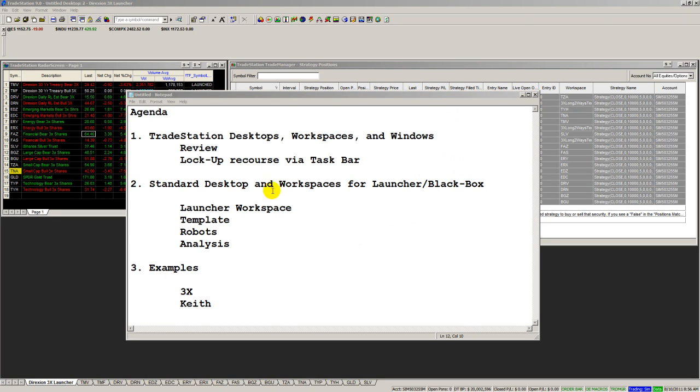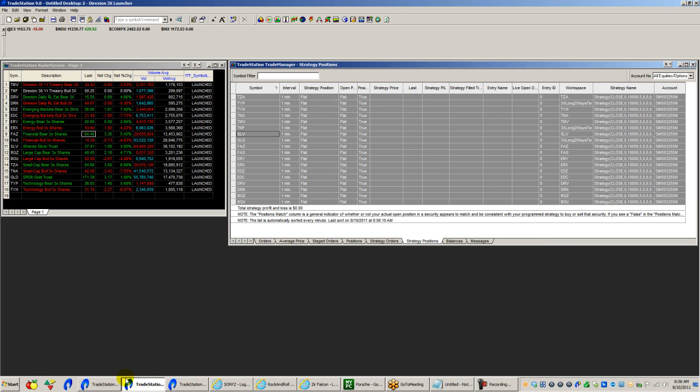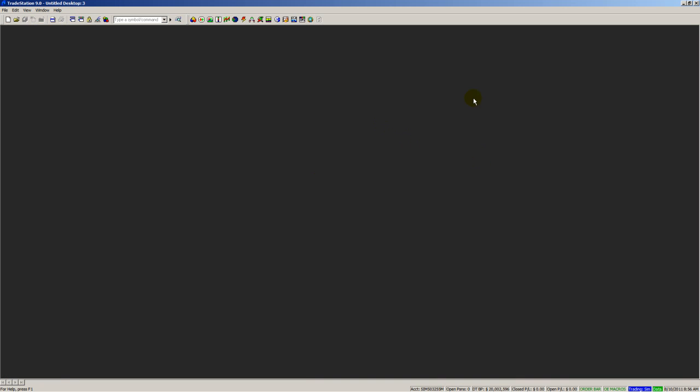Okay, so that's our agenda. Let me just start with the idea of TradeStation desktop. When you start TradeStation with nothing, you end up with a single desktop, and unless you give it a name, it'll say untitled on the title bar up here. So what a desktop is